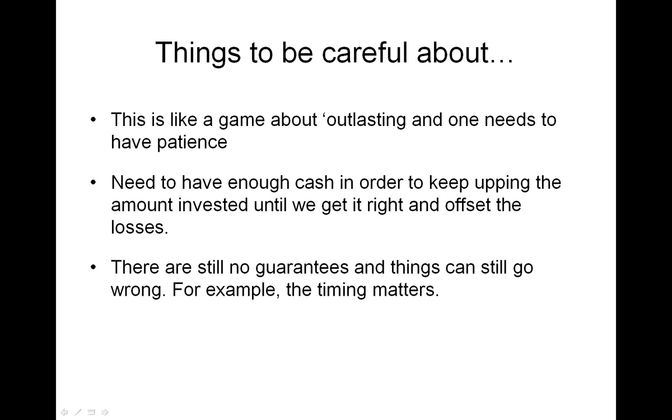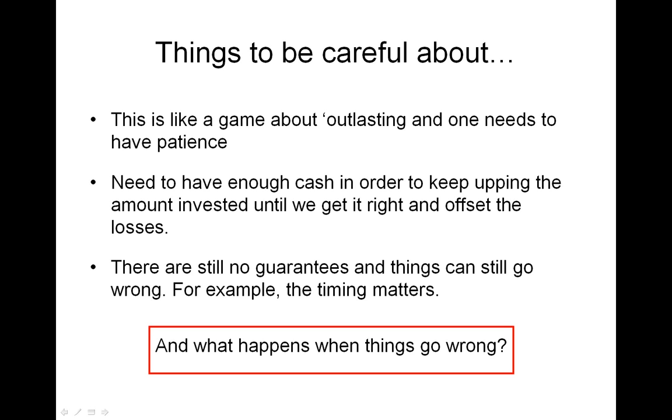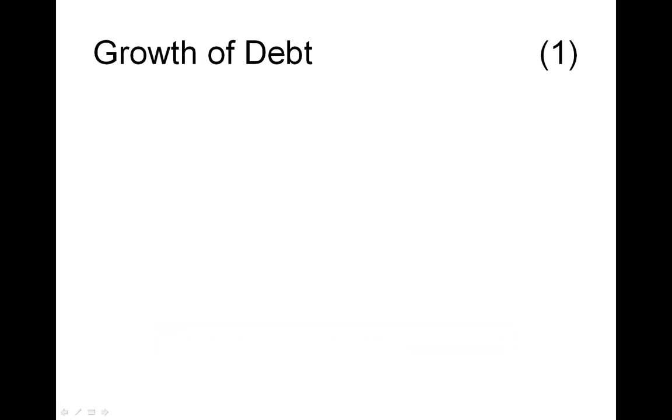Timing is very important. What if it turns out that we were right, the trend was going down and we were waiting for it to go back up, and it did go back up, but then it went down again? There are no guarantees. And when we place our trades, subconsciously I just went ahead and said bet, so there's a hint at what I think of binary option trading. But anyway, whenever we place our trades, the timing is really important. So now we segue from the Martingale strategy into specifically the context of this video. What happens when things go wrong with the Martingale strategy? How fast can our debt grow?